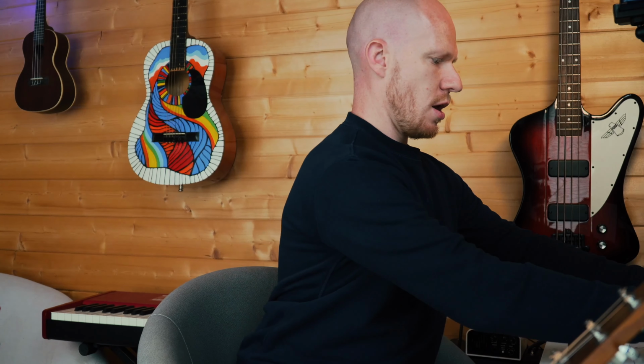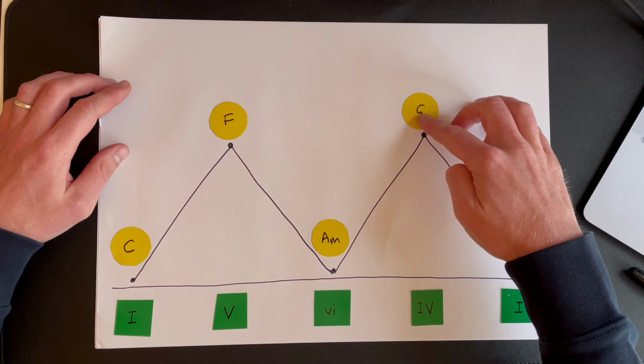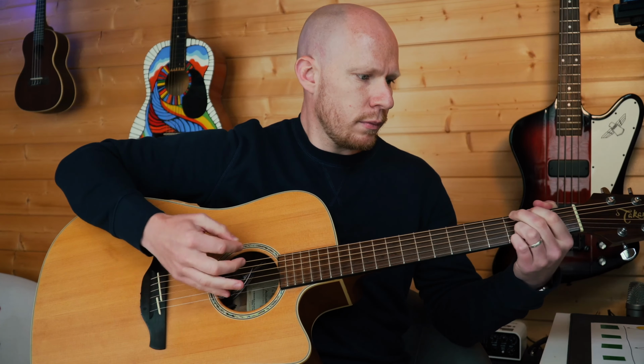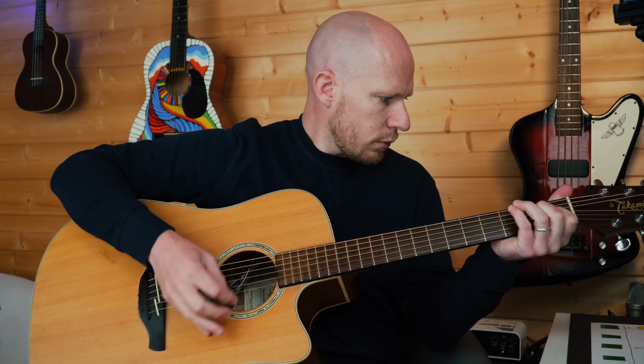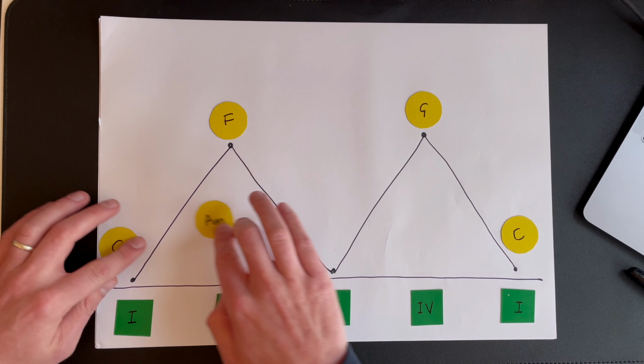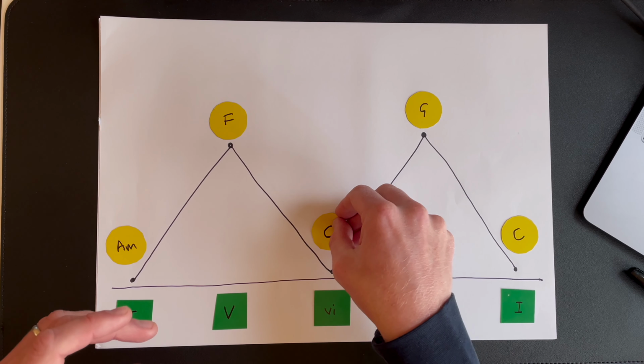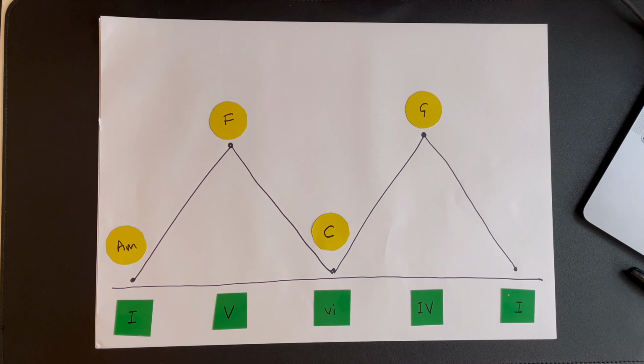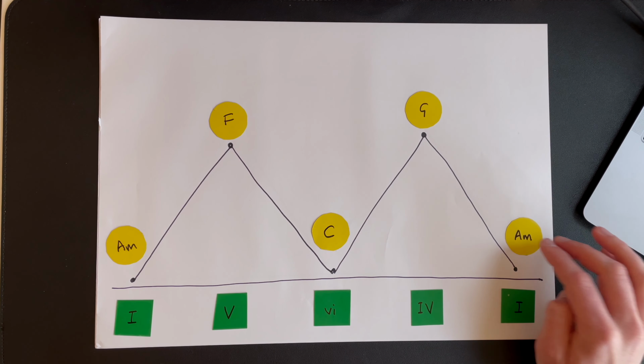Now this works if we start moving our chords around. Let's try C, F, A minor, G, closing on the C. Still works as home, away, home, away, home. And the shape is still balanced. So what if we start on a different chord? The A minor. Well, as long as we maintain the pattern, home chord followed by an away chord, and so on and so forth, it still sounds balanced.